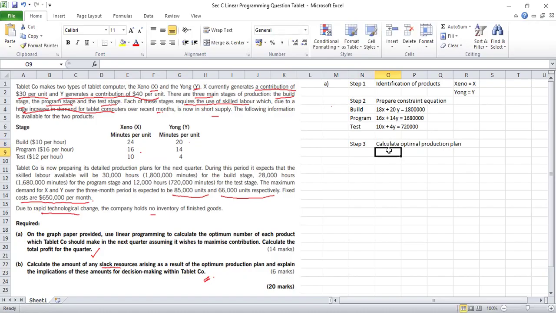First of all, we will allocate resources either to X or Y, and we will see how many maximum units we can produce. So we are assuming that we are allocating all the resources to X and we are not producing Y. So if we allocate all resources to X,